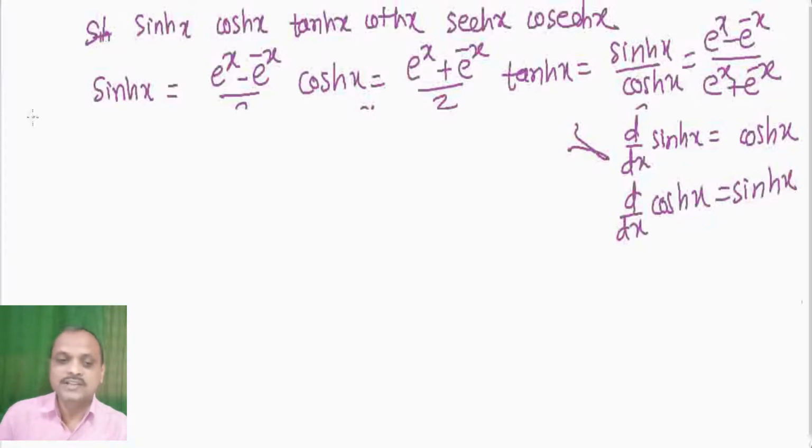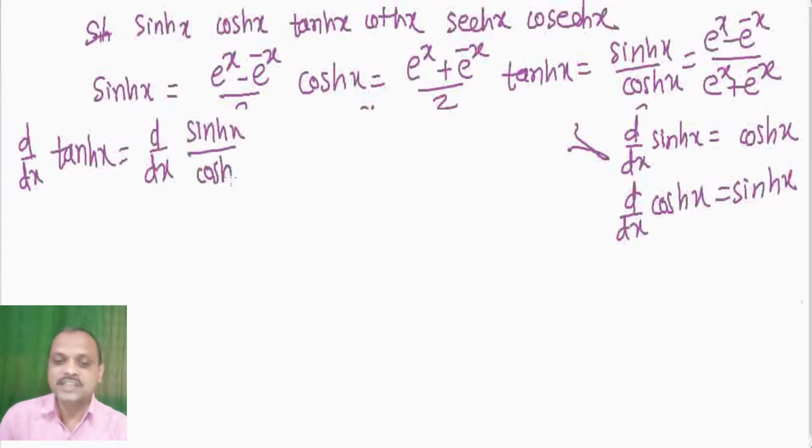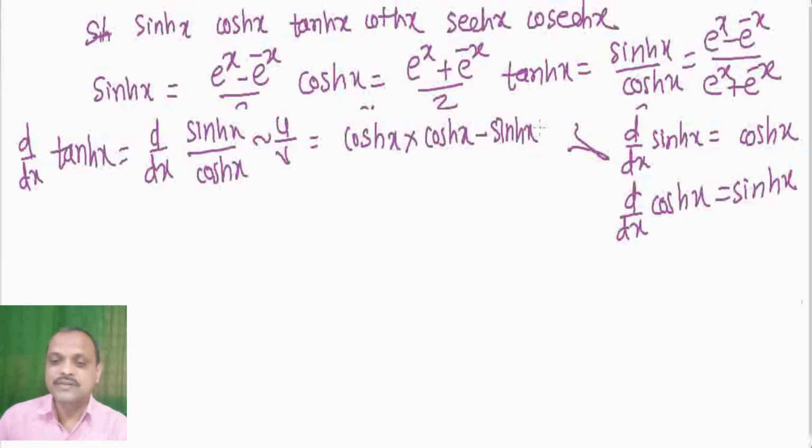So let us find d by dx of tanh x. Let us take the formula sinh x divided by cosh x. Now we apply the rule u by v. This is equal to v as it is, cosh x, into derivative of u, that is cosh x, minus sinh x into derivative of cosh x, that is sinh x,